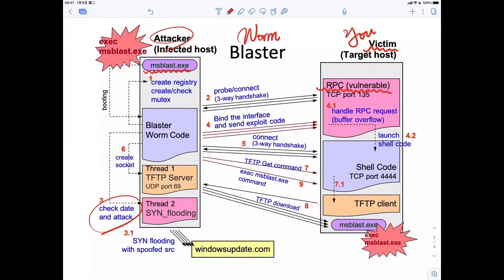Why do we use the term worm to describe such kind of thing? Because it can do what? Self-propagation. 就是自我散布啦，自我散布。另外一个是 self-replication，